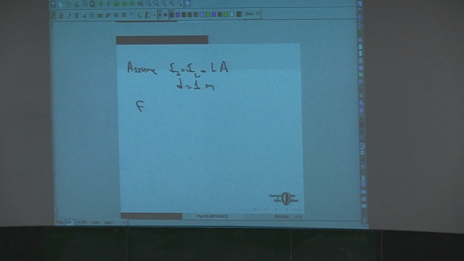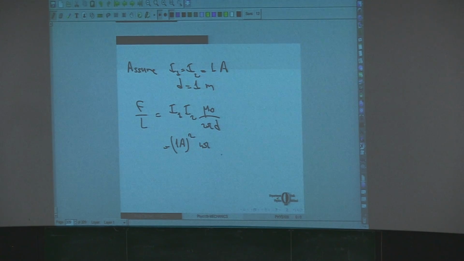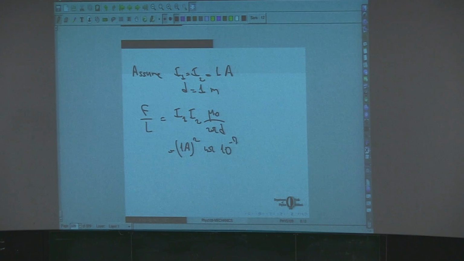Then the force per unit length will be, remember, I1 times I2 times mu 0 over 2 pi d, which is equal to 1 ampere squared. Now mu 0 was 4 pi times 10 to the power minus 7